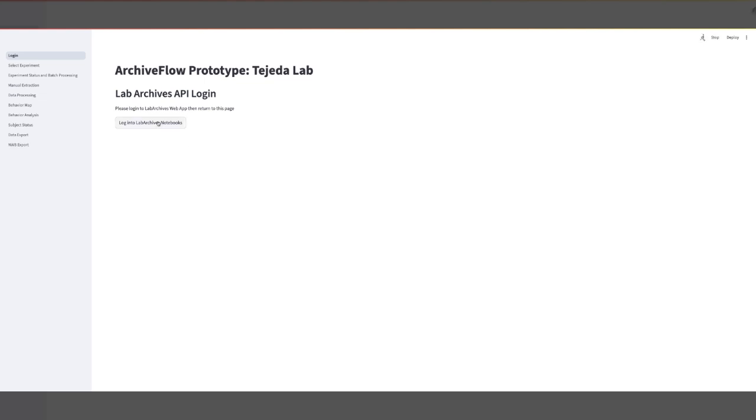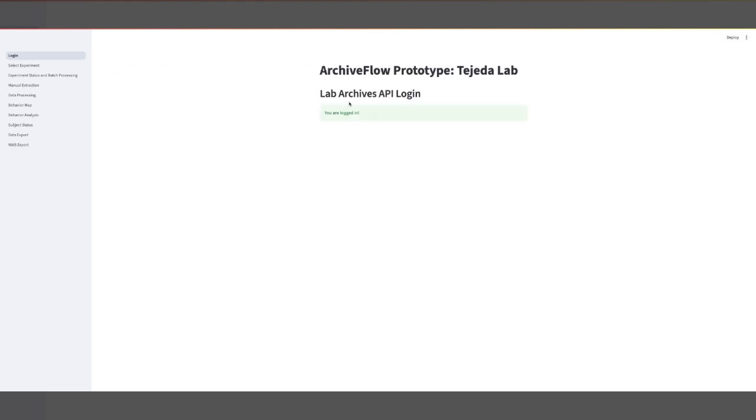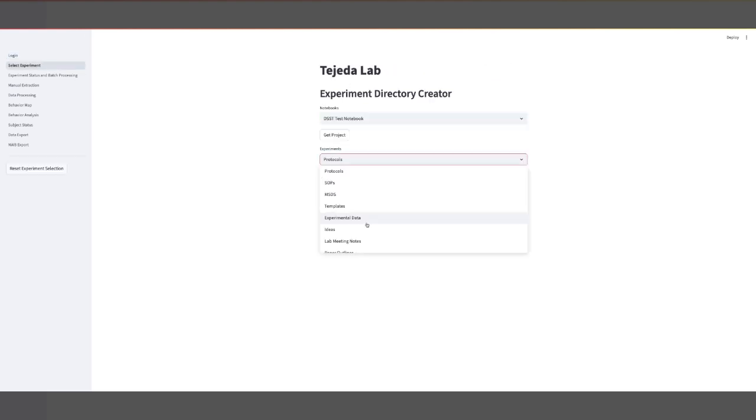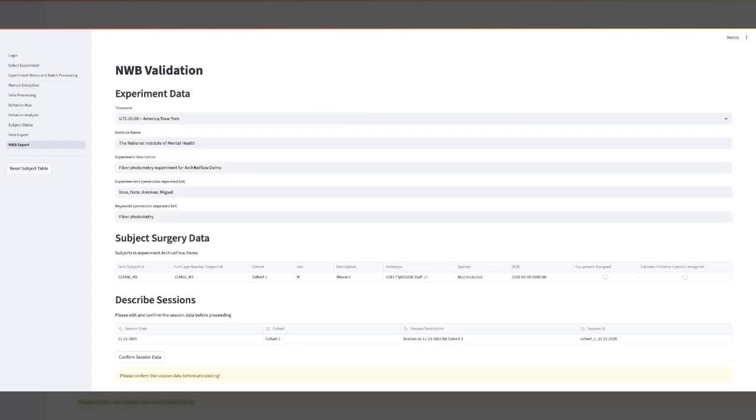So first we'll log in, and then we'll log in with the API. We're logged in, and we'll need to first select our notebook and then our experiment. And then this is the data directory that contains all of our primary data and analysis derivatives. It's going to go through and sync all of the current notebook metadata to our local directory, so everything is up to date. And then we can skip all of the analysis and extraction pages and go directly to